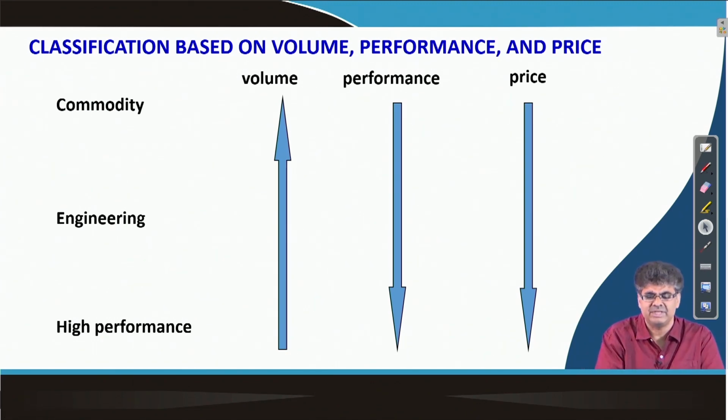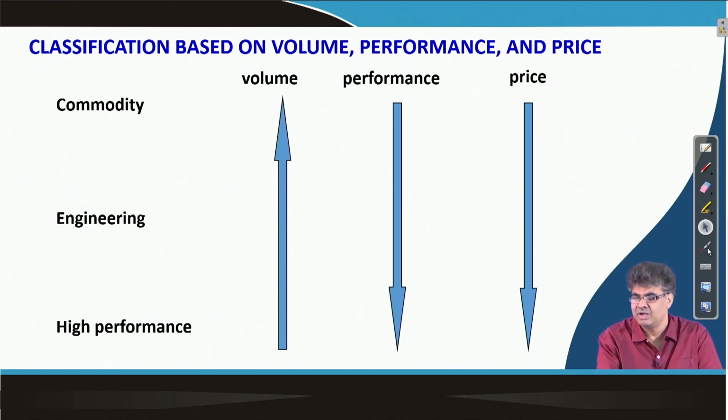This classification is based on the volume of the material which is used in the market. So, when you talk about very commonly used plastic material, which we use for making buckets and bottles, you can obviously anticipate that the volume of this plastic material will be very large and the price should be very low as well, because the volume is high.